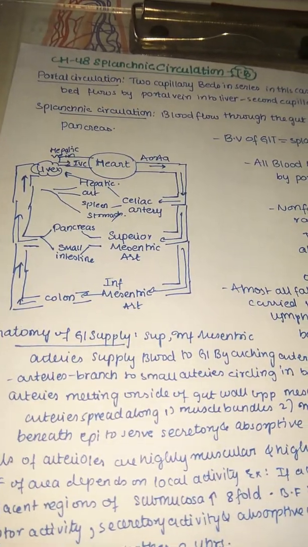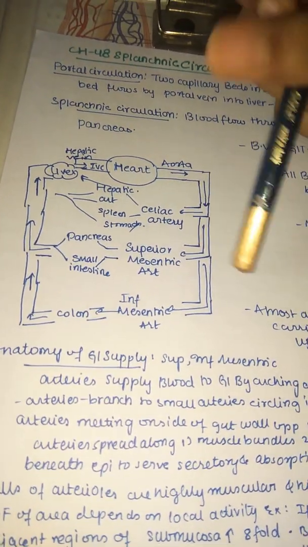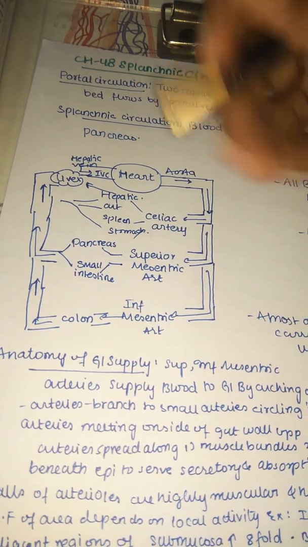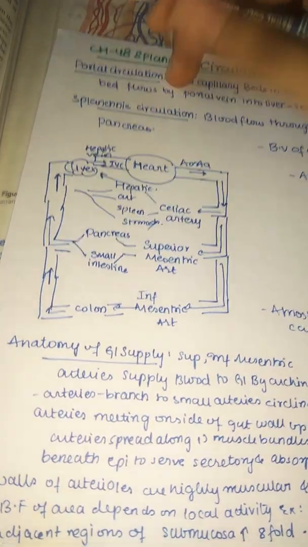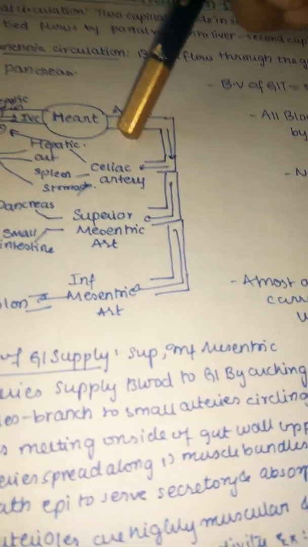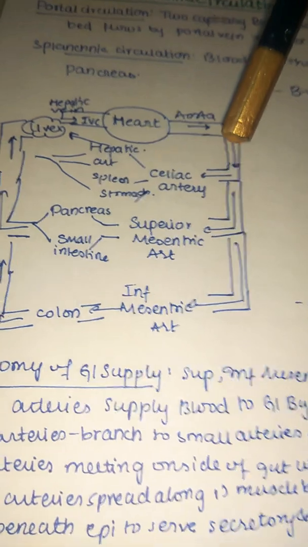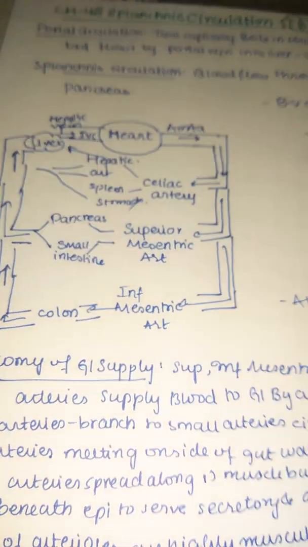So let us see first the path, the small block diagram like this. By this we can easily understand even these glossary terms. First let us start with the heart. The heart, in its left ventricle, starts its contraction and produces cardiac output. By means of this, the blood reaches the aorta.